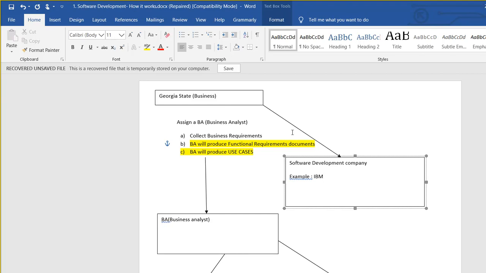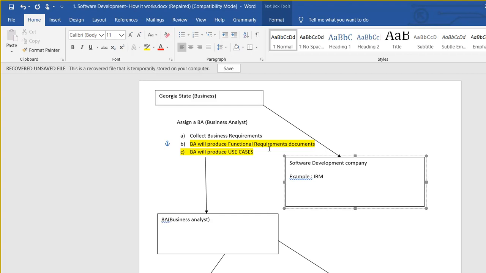Now, when a new customer comes to IBM, obviously they will have to go through some contractual things. When these contractual things are done, from IBM, the software development company, there are a few specific people which we are calling business analysts.